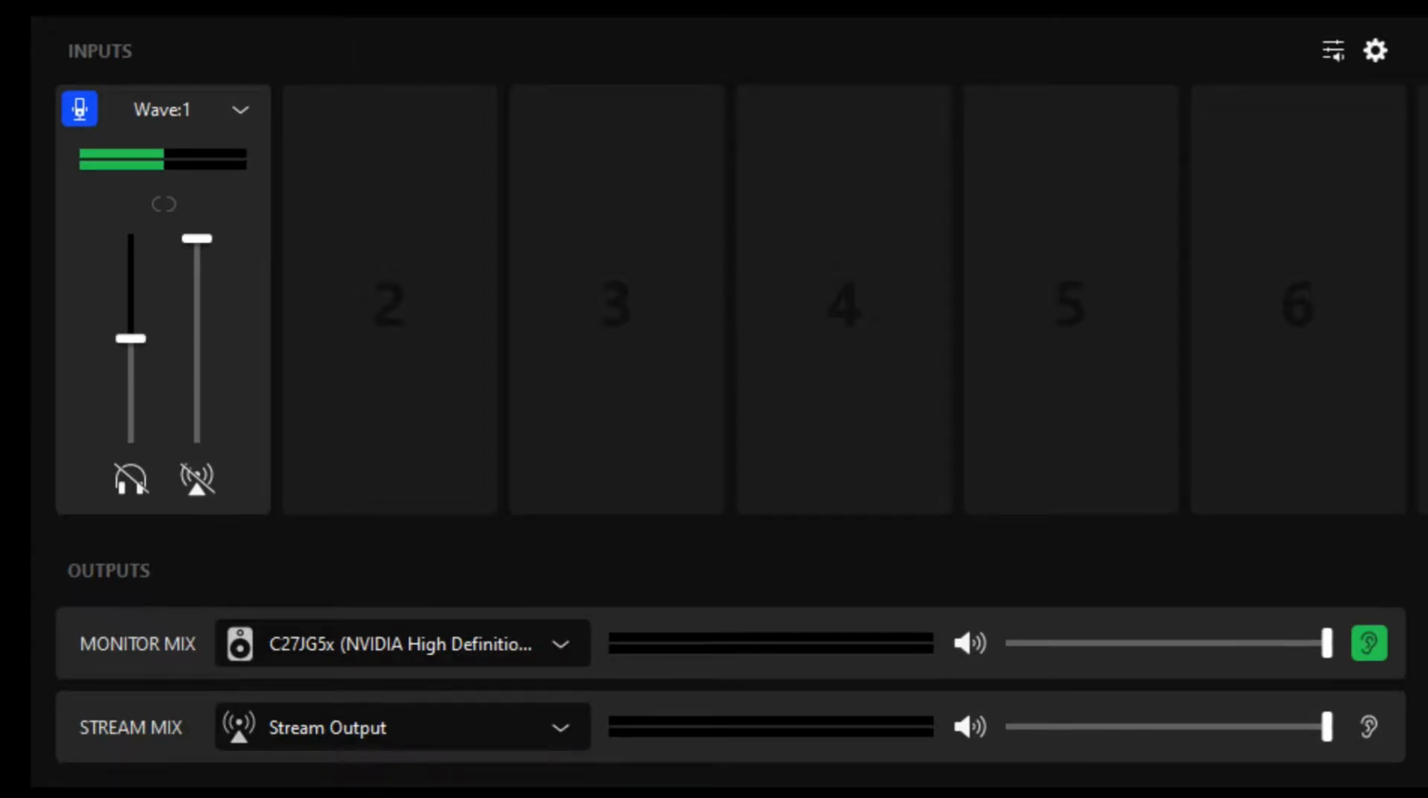And in today's video, guys, I'm going to be showing you how to use the Elgato Wavelink software, and obviously how to utilize its different audio channels, how you can send out different audios to different channels, how to mute, how to load the volume, and just basically give you a beginner's guide on how to use the